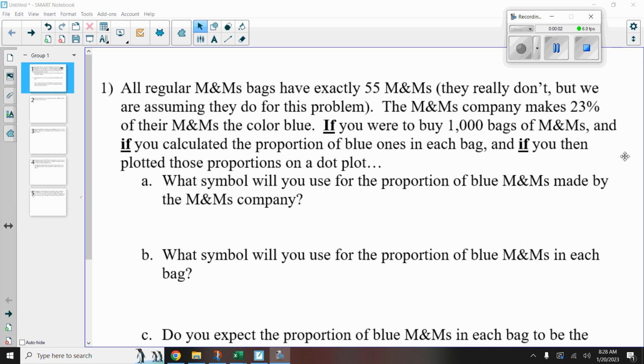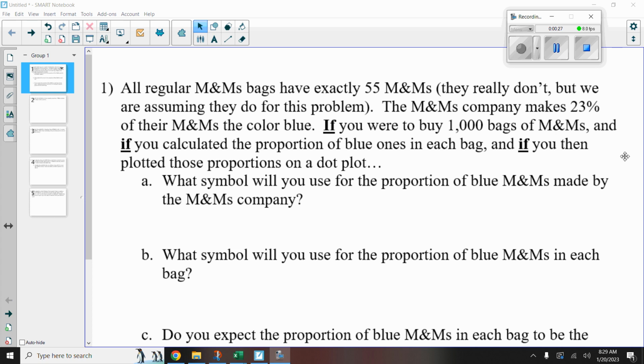All regular M&Ms bags have exactly 55 M&Ms. They don't really, but we are assuming that they do for this problem. The M&Ms company tells you that they make 23% of their M&Ms the color blue. That's an important point. If you were to buy 1,000 bags of M&Ms, and if you calculated the proportion of